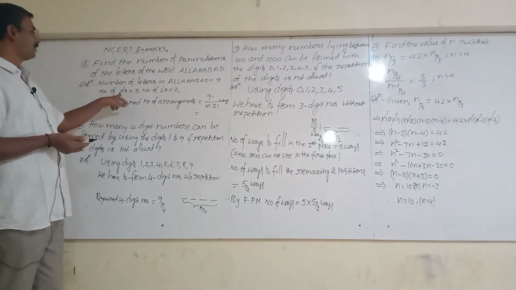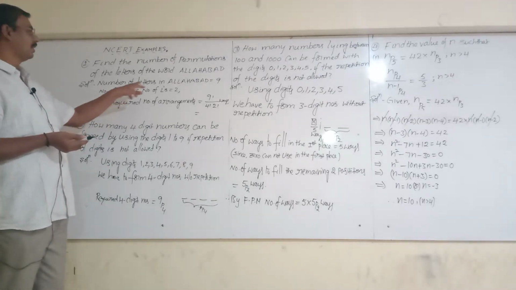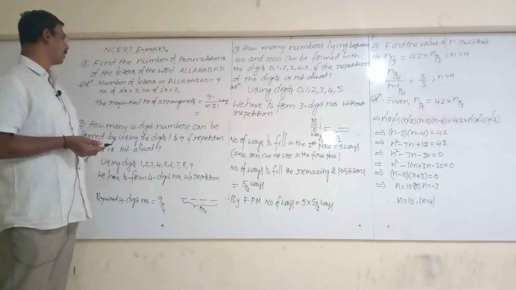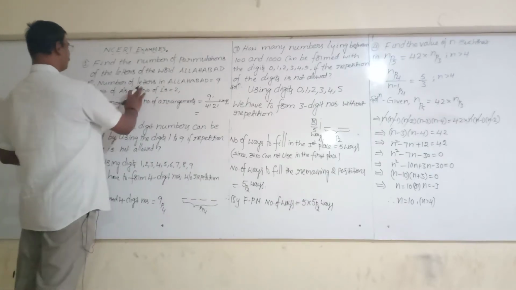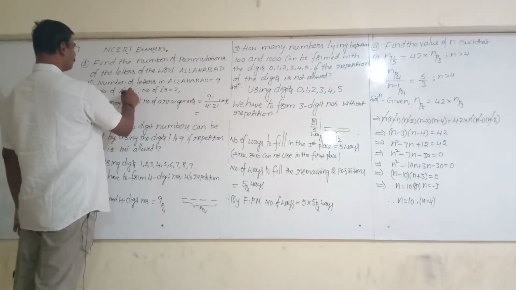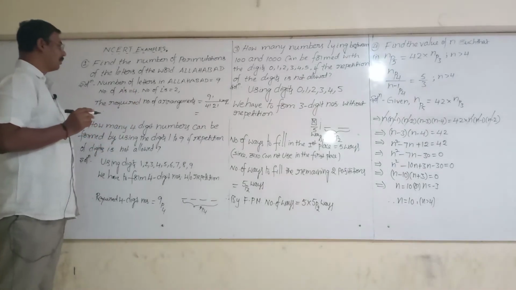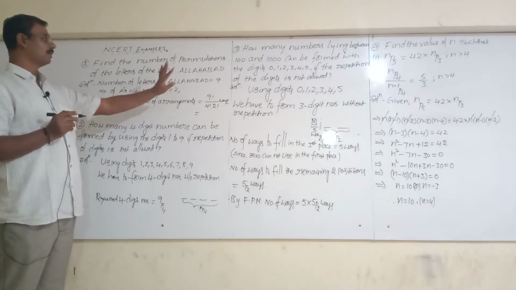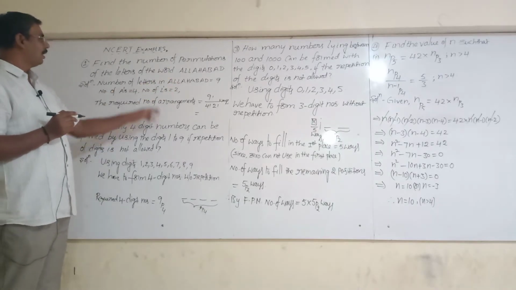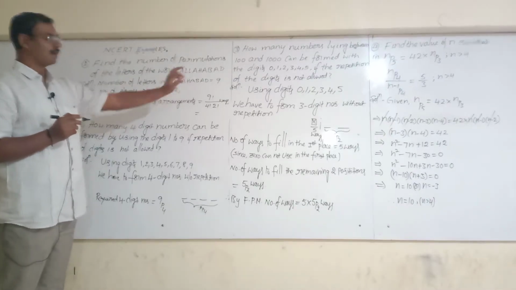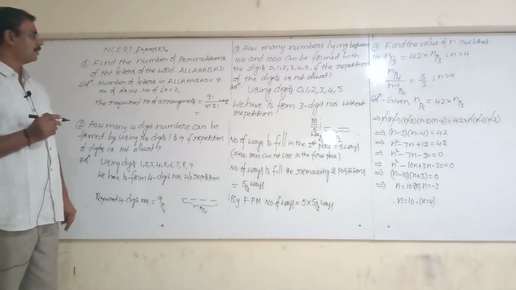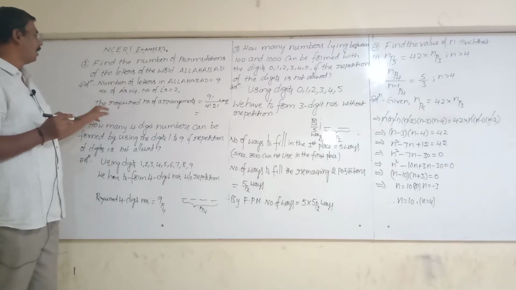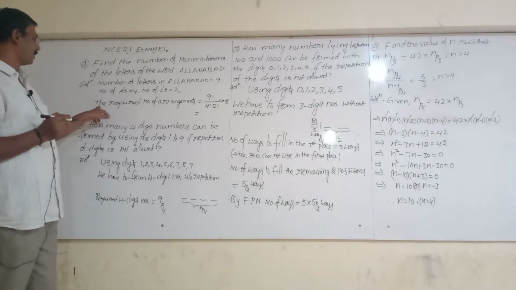A. The number of A's is equal to, how many are there? 1, 2, 3, 4 are there. So the number of A's is equal to 4. And the number of L's is equal to 2, only two. And check, is there any other letter repeated? No. The rest are different.